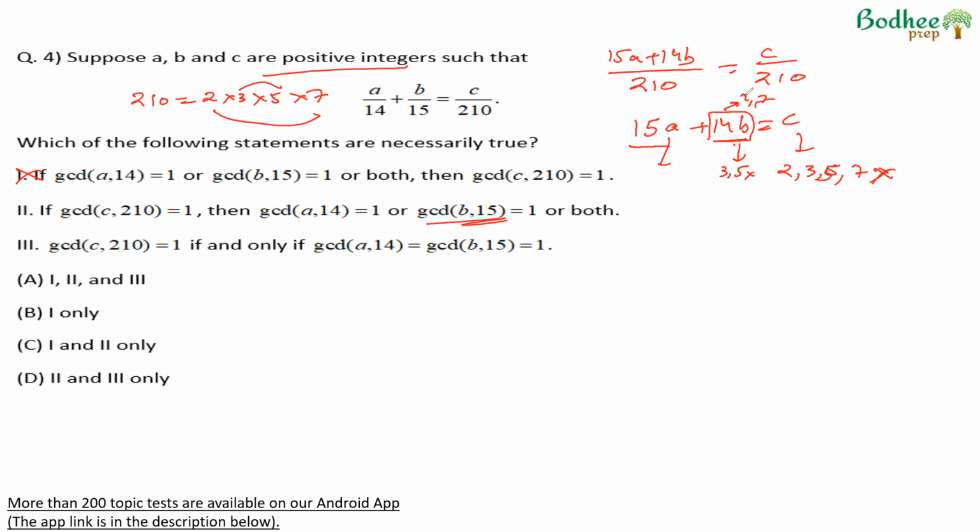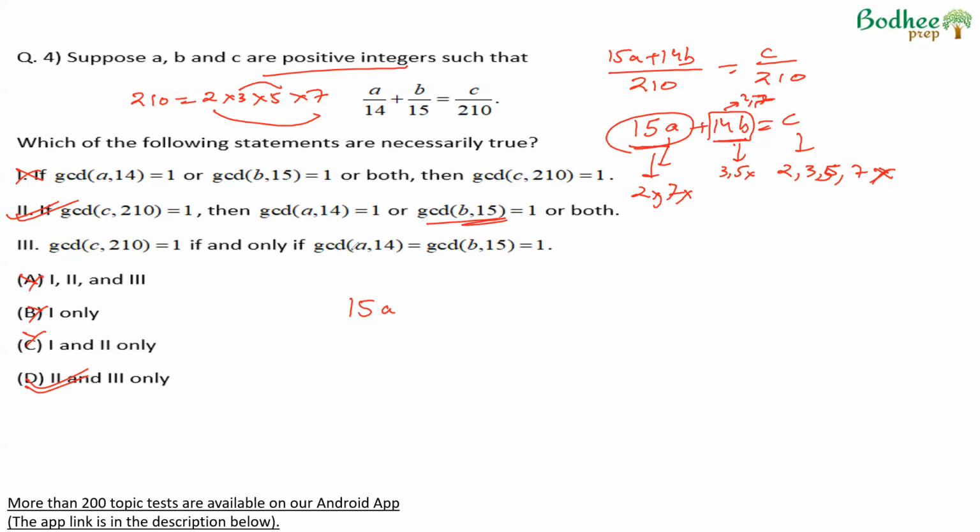C is not a multiple of 2 and 7, 14B is, therefore 15A should not be a multiple of 2 or 7, which means A should not be a multiple of 2 or 7. Therefore, GCD of A and 14 will also be 1. Therefore, 2 is true. GCD of C and 120 is 1 if and only if, again, if you look at the third statement, 15A, since 1 is false and 2 is true, by default we get option D as the